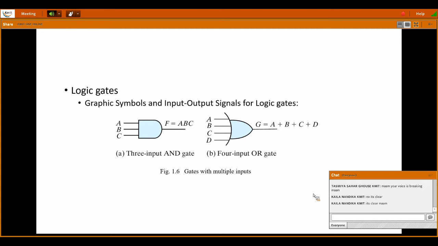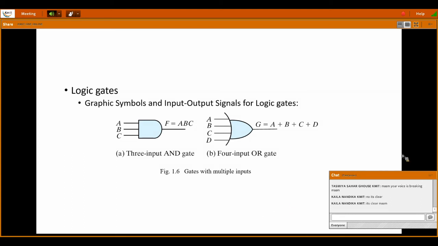And see here next, till now we have seen only the logic gates with two inputs. But logic gates can have more than two inputs also, because in practical circuits two inputs don't make a good digital circuit for real-time applications. So we generally go for 3 input, 4 input or n input logic gates, which are also available. Here we are discussing more than 2 inputs: a 3 input AND gate and a 4 input OR gate are shown, and how to write the expressions is also shown here.